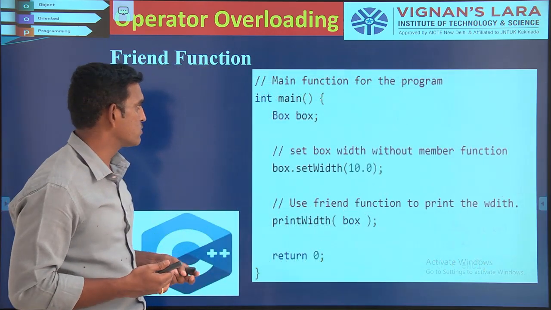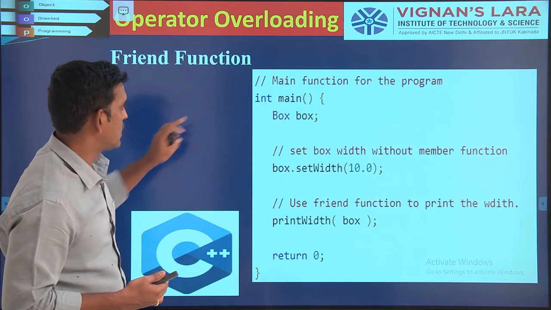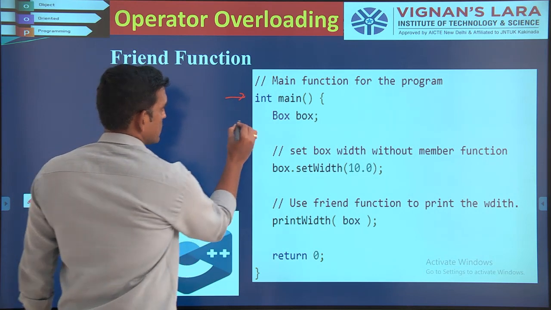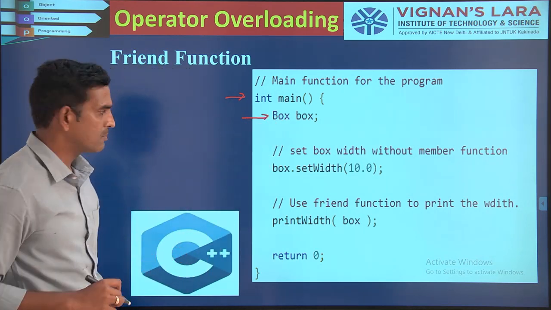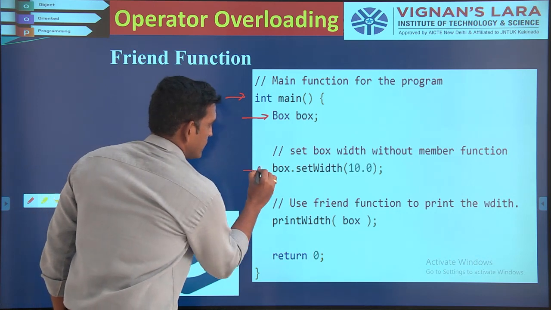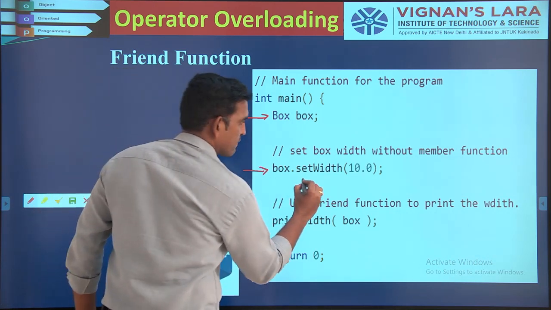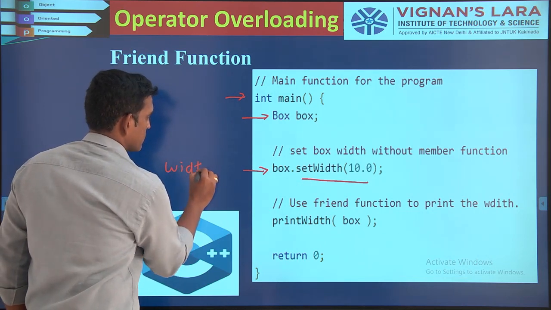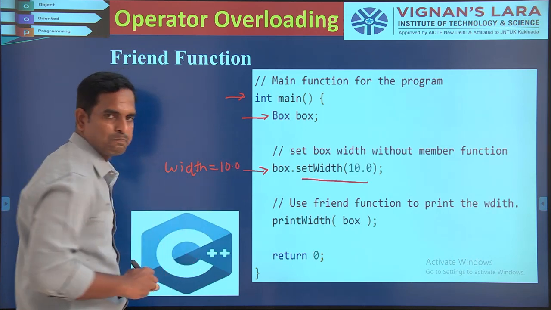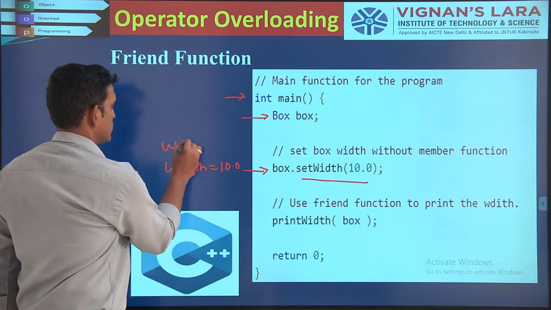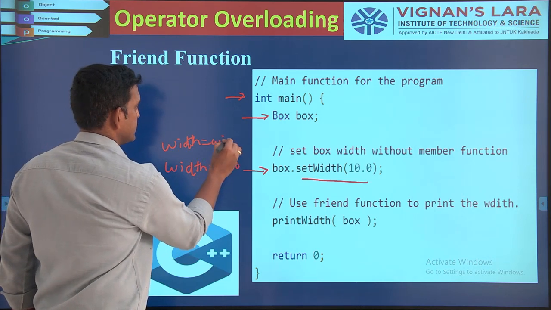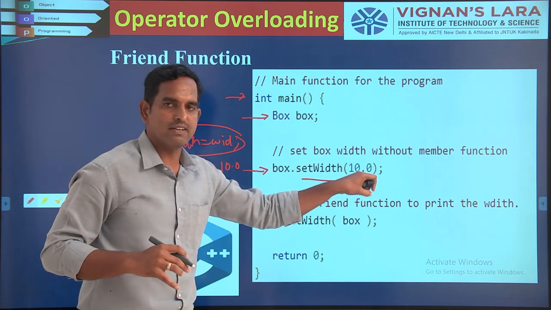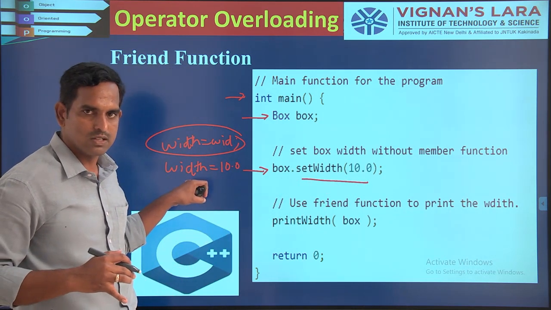If you see the main for this class, what you have written is, first, you created one Box object, box, and you called your member function, the setWidth member function, with 10.0. Now it will make your width 10.0. I think you have seen width is equal to wid. So this is what your setWidth function does. It initializes the value 10 into your private variable width.